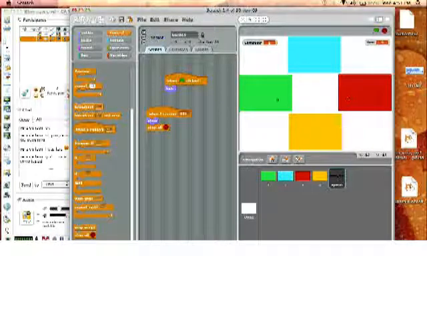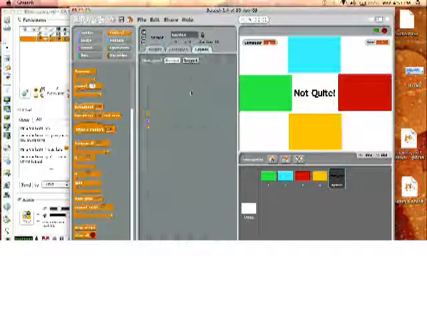So let's see now if we can lose. The red one was picked, I'm going to pick the green. And it said not quite. Oh, we could play a sound too. So under